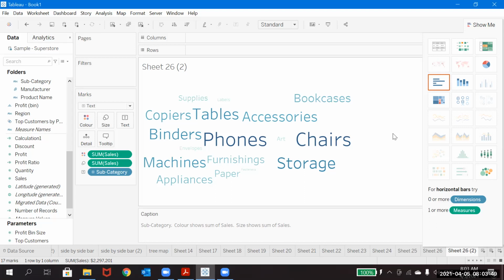Okay. So I hope you guys understood how many types of charts we have. When you hover on any of the charts, you will understand how many dimensions and how many measures we require for it. Based on that, you can make use of it. Like if it says at least one or more, just try at least one dimension or one measure, keeping them in the columns or rows, then create them. Okay.